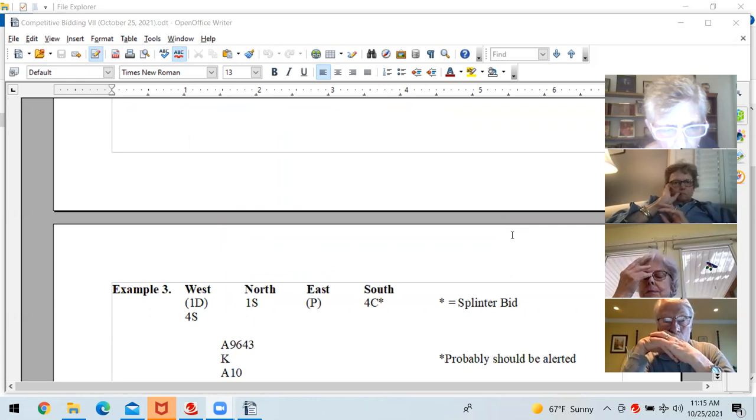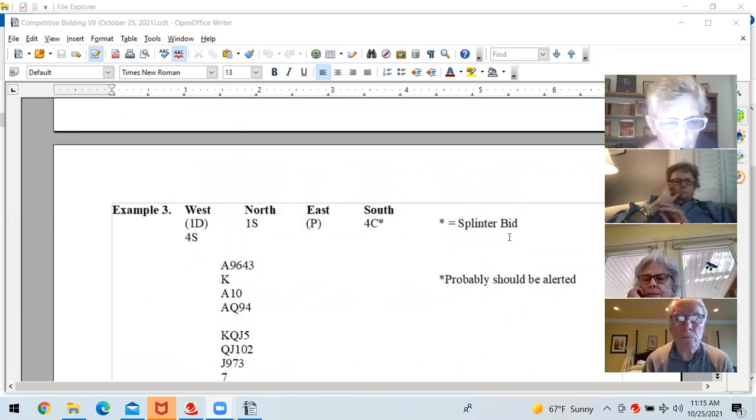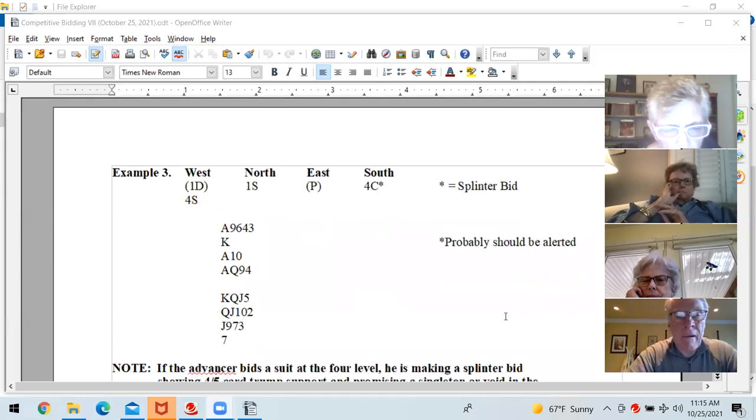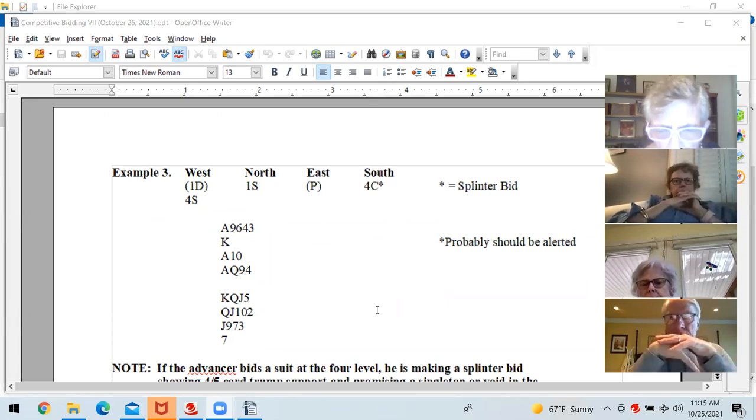All right. Now I want to show you a couple more bids that you can make. Example 3, they have opened a diamond. Your partner has overcalled a spade, and you look at your hand. The next hand passes, or it doesn't matter if she passes or not. Let's say she does pass. A bid of 4 clubs by you says that you have a singleton in the club suit,